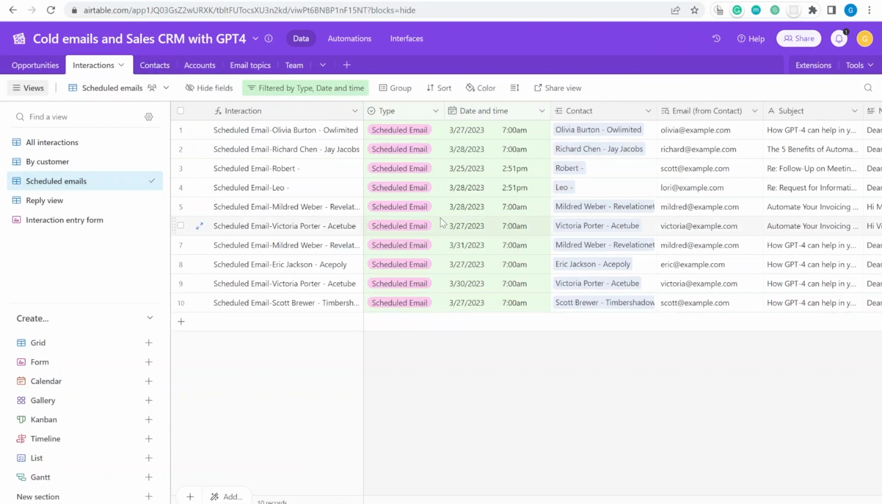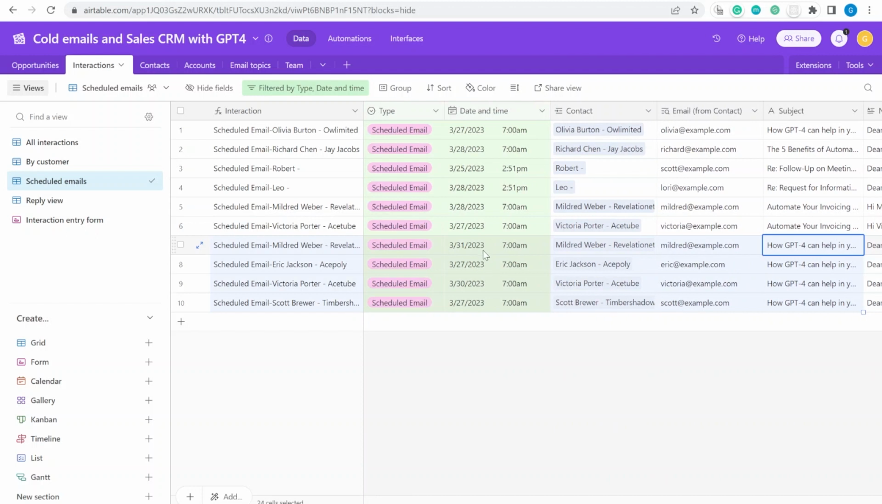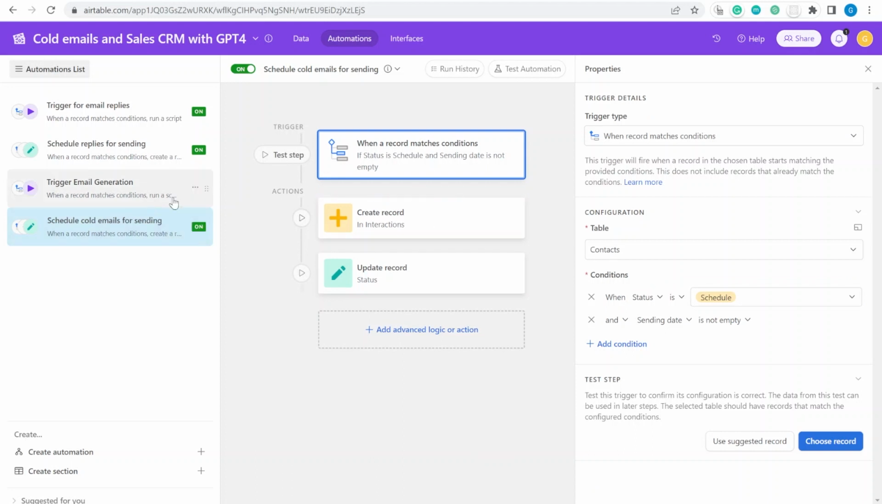You can see that I'm here on the scheduled emails, and we have added them to the list of emails waiting. Those 4 emails are waiting to be sent out on different dates depending on the individual person's flow. Those emails are also being copied using automation inside of Airtable, so that's something that you have to set up. And the way it's set up is